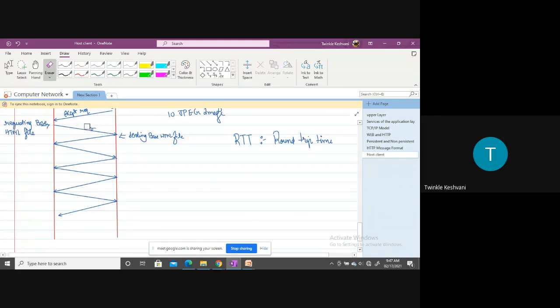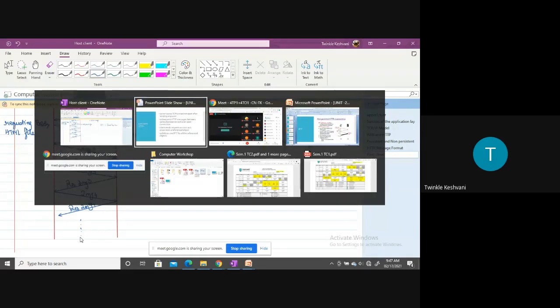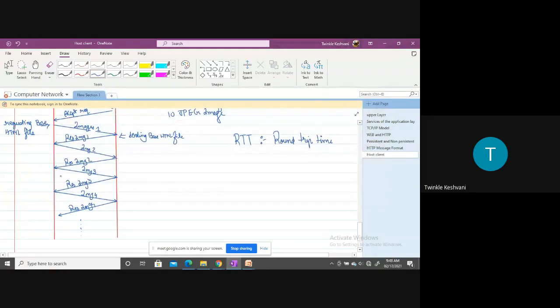For sending one object, it requires 1 RTT: image 1, response of image 1, then again image 2, response of image 2, then image 3, response from image 3, again image 4, response from the server for image 4, right? This needs to be followed for 10 referenced objects, and each referenced object will require 1 RTT.